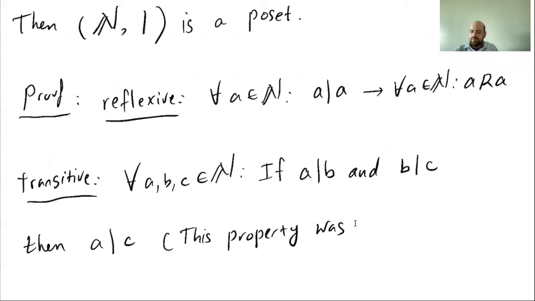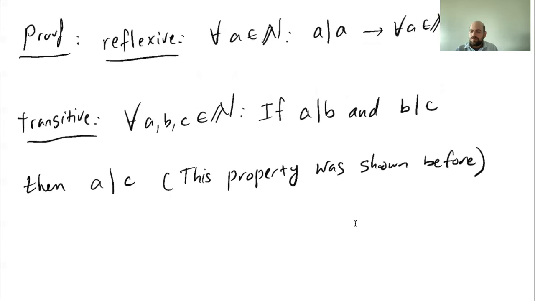Was shown before. So we have transitive: A in relation with B and B in relation with C, then A is in relation with C. And antisymmetric